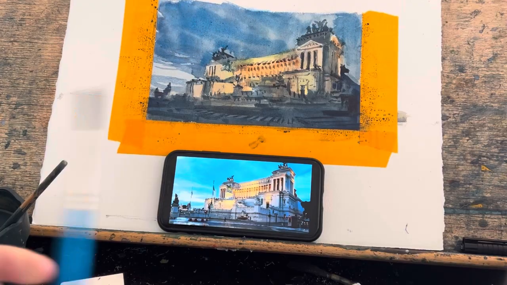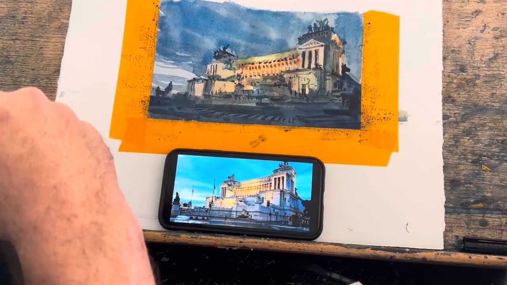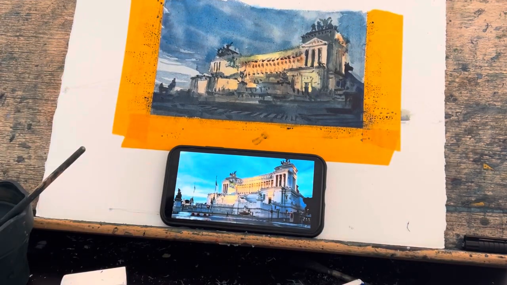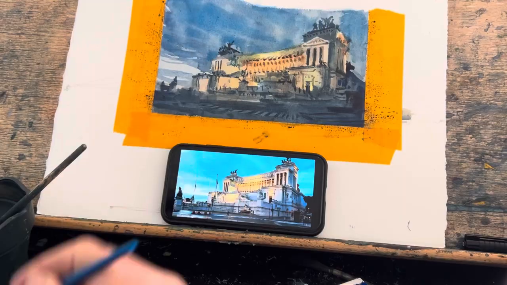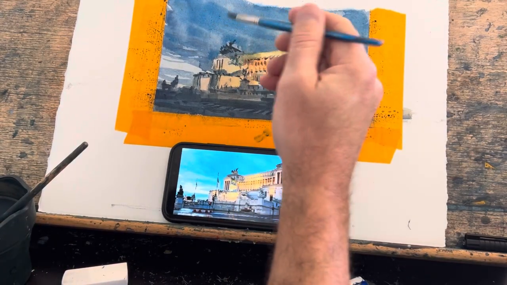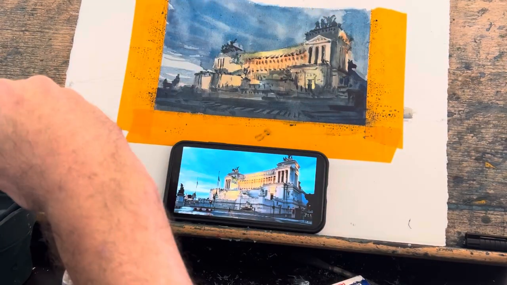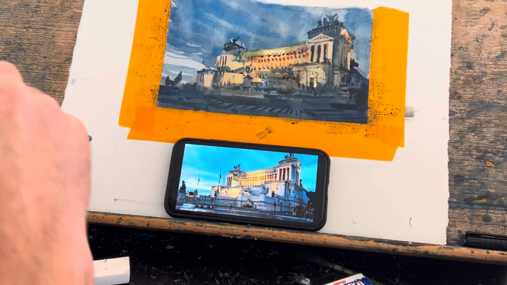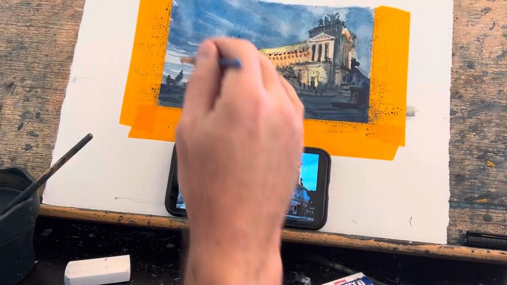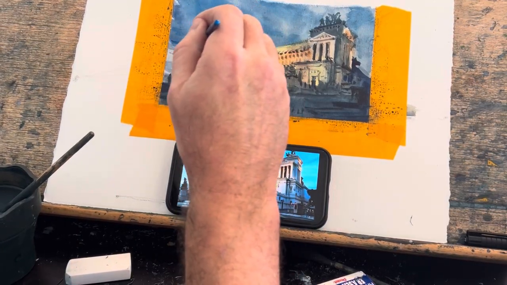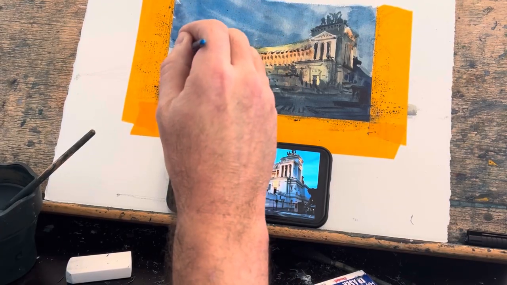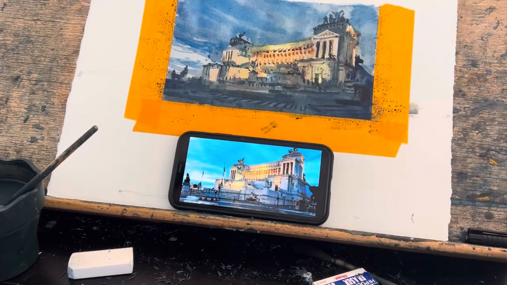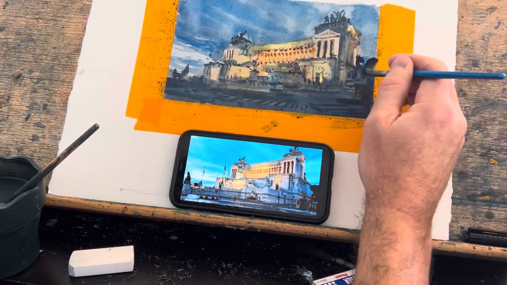You could do that also with a synthetic brush. Again, you wet, you dry, and you remove. You lift, that's the correct word, right? Not remove, but lift. Okay, I see here that I could do that better. And also at the right, it's always good to add